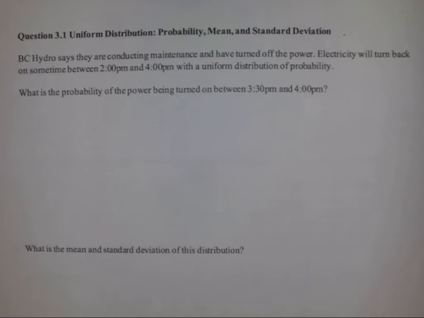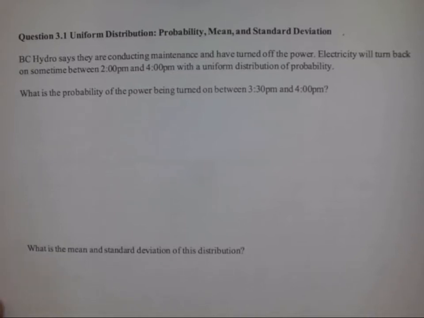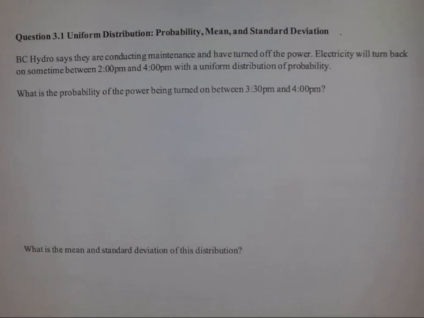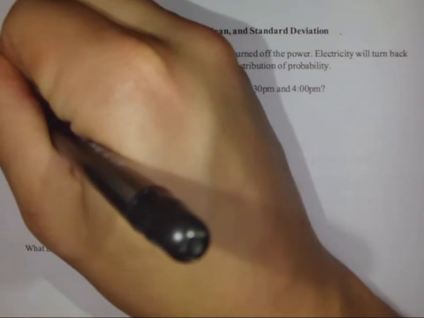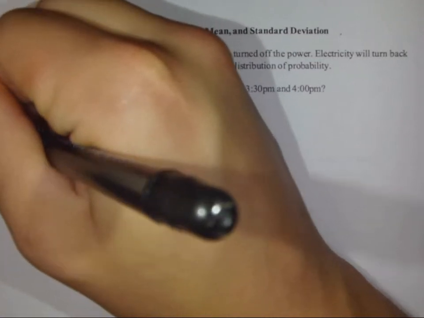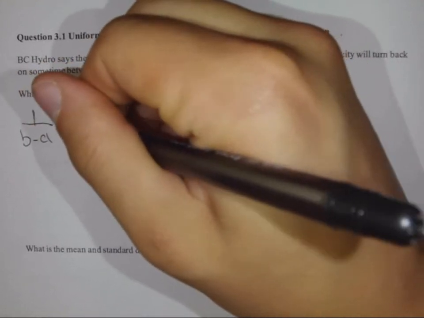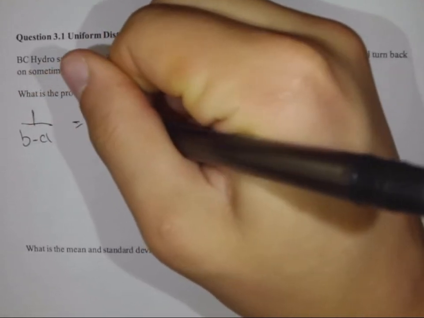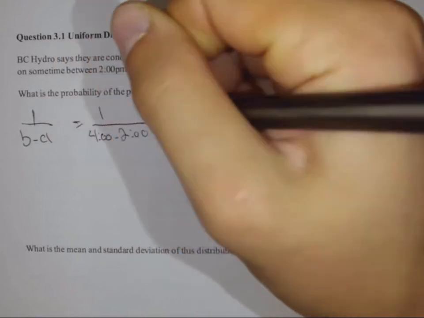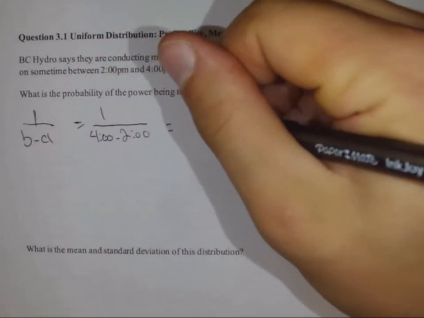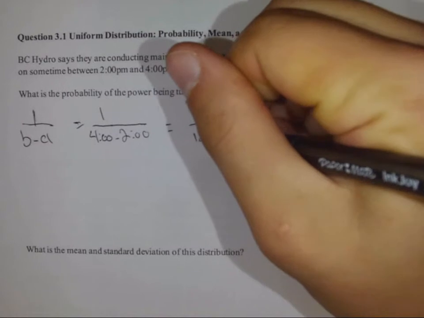So uniform distributions are represented by the height of the rectangle and the length of the rectangle. So first we need to determine the height. To do that, we're going to use our formula: 1 over b minus a, which would be 1 over 4 p.m. minus 2 p.m., which is 1 over 120 minutes,